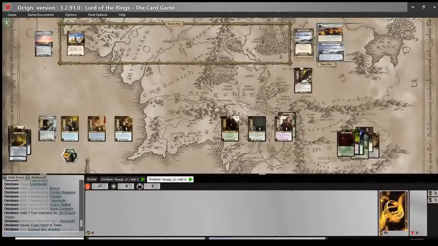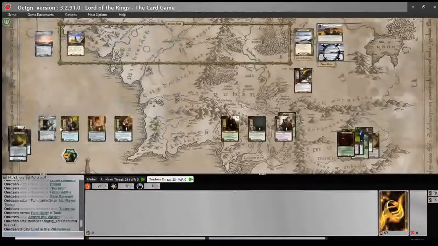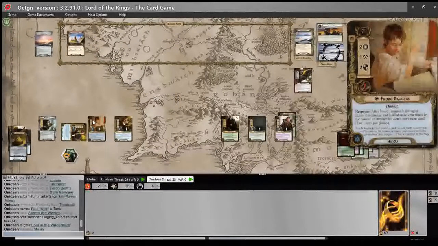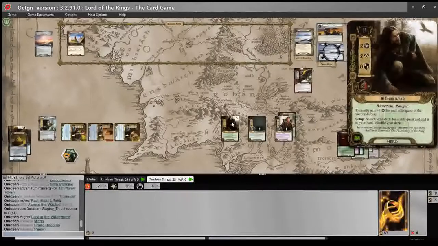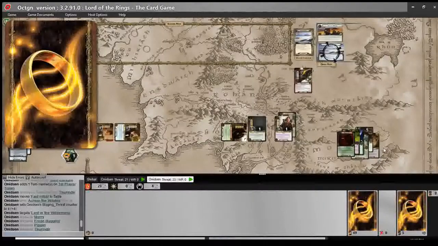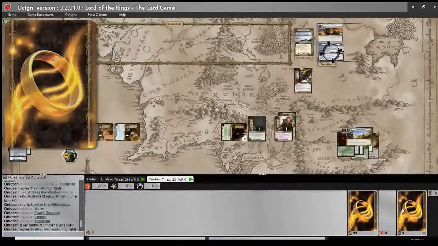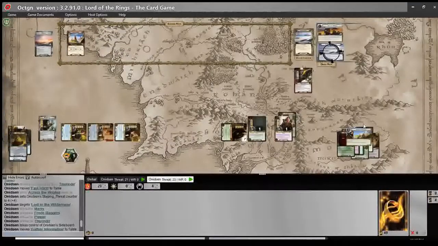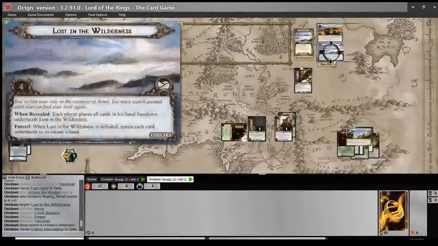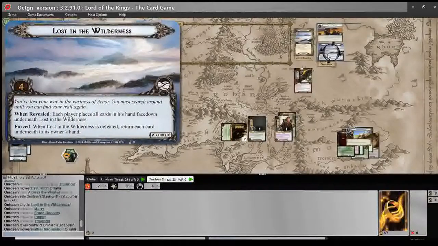There's currently 4 threat in the staging area if I quest against a side quest, which I will. And each of my heroes gets +1. We're going to quest for 3, 6, 9, 12. Oh. Also, the side quest that Thurinder pulled out, gather information, goes with that because it's a setup action that happens before I draw my opening hand. So,